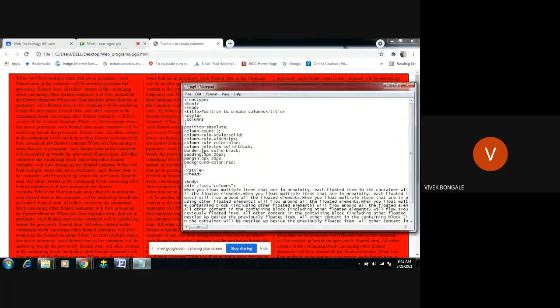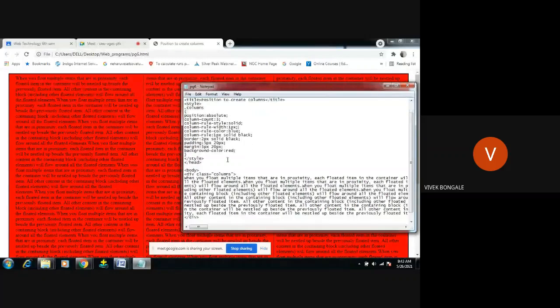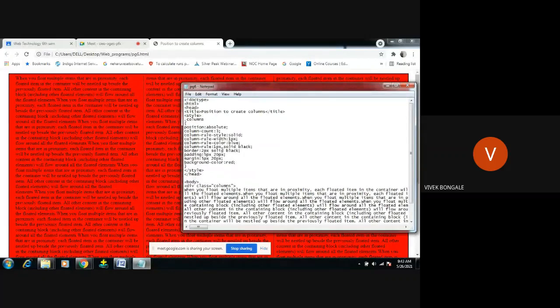Then column rule color is blue, and column rule 1 pixel solid black. Next, this is the 2 pixel solid black border.